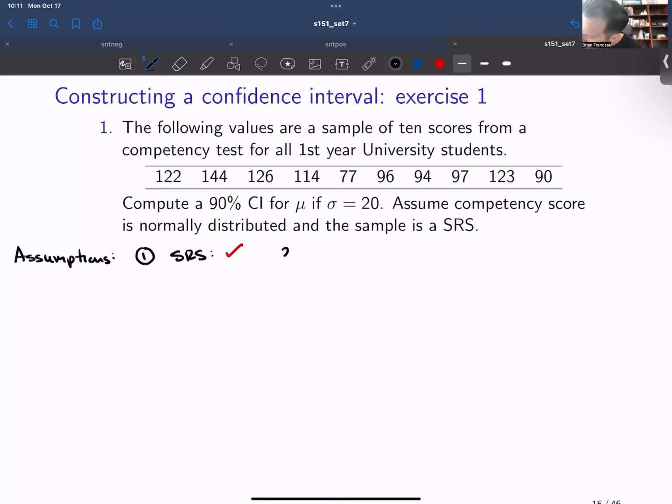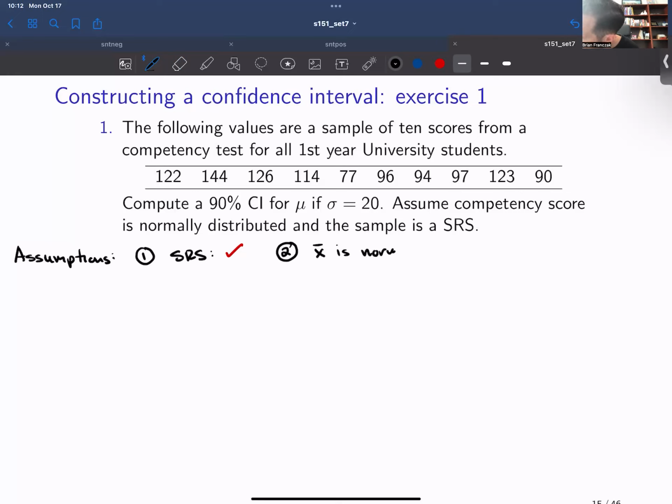The second assumption is that essentially what we want here is that the sample mean, we want the sample mean to be normally distributed. So there's 2 ways that we can get at this. We can either have a normally distributed population, or we can have a sample size that's large enough that the central limit theorem takes over. So I'll usually write the second assumption is, X bar